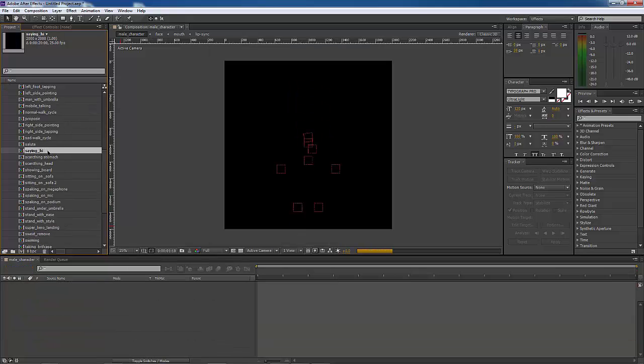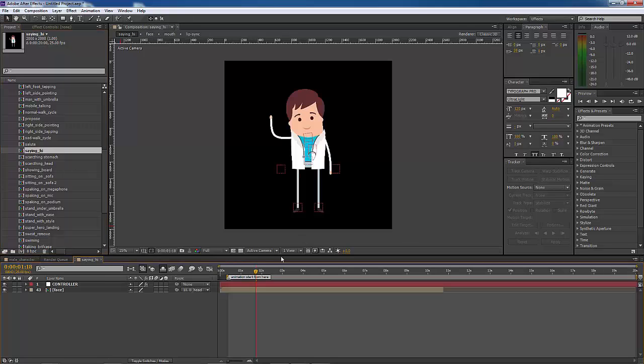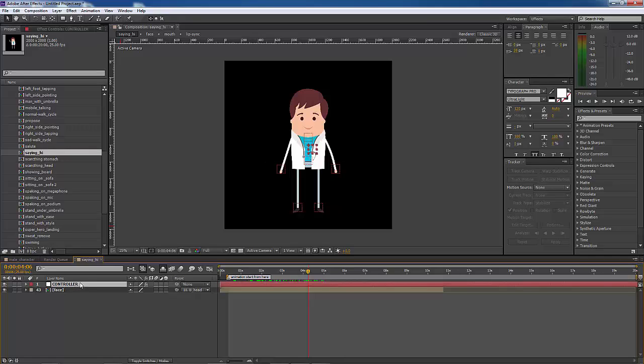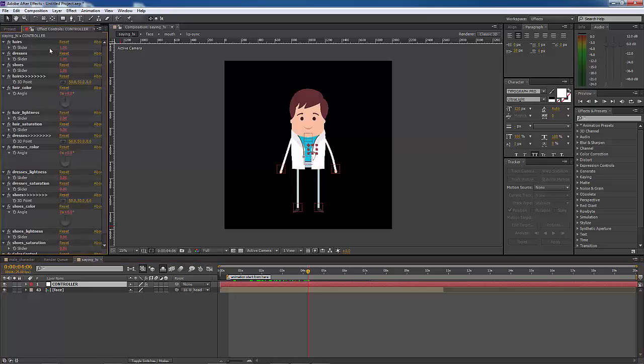hi. I just double click on my saying hi animation, so you can see the saying hi animation looks like this. Okay, here you will get a controller layer. By using this layer you can easily change the character's look, like the hairstyle. So press any